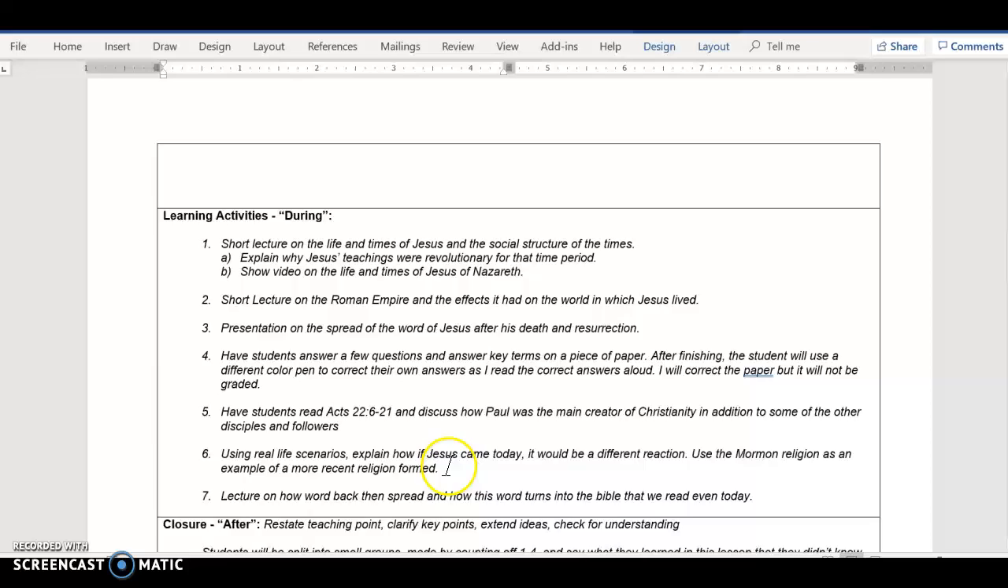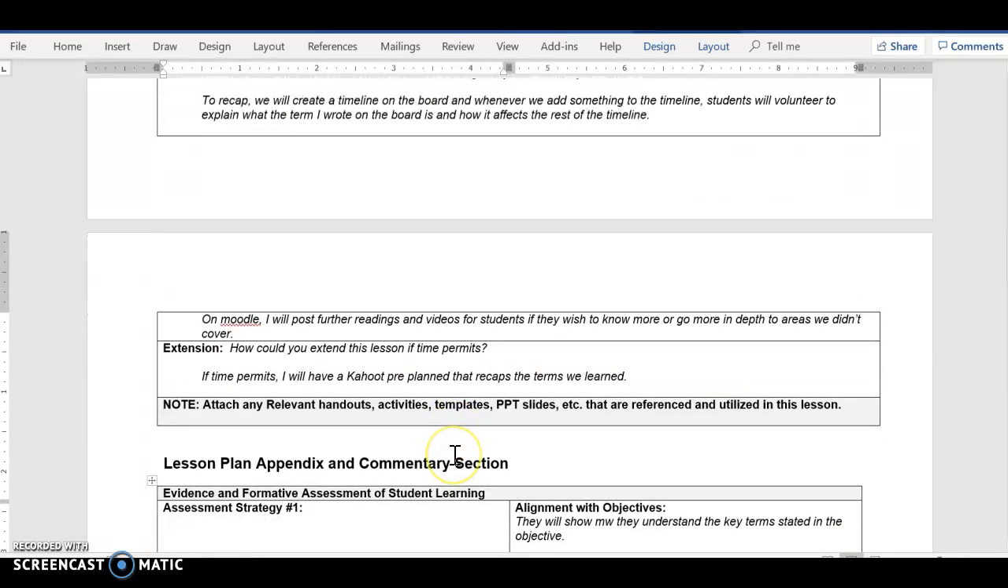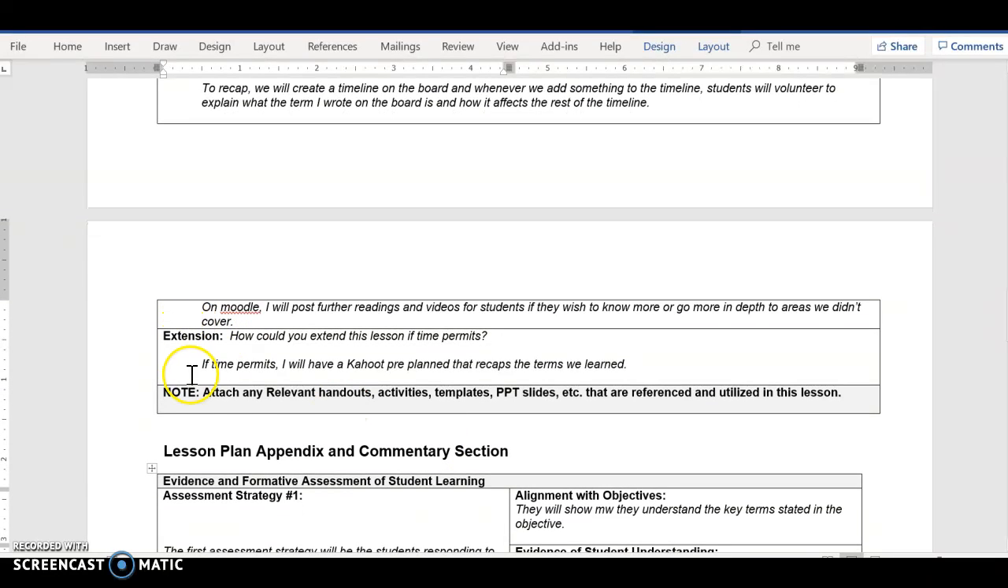If they really didn't understand, then they can watch more videos on it. And if they want to learn more, then they could as well. And then for an extension, if time permits, if we have extra time, I would probably do a Kahoot just